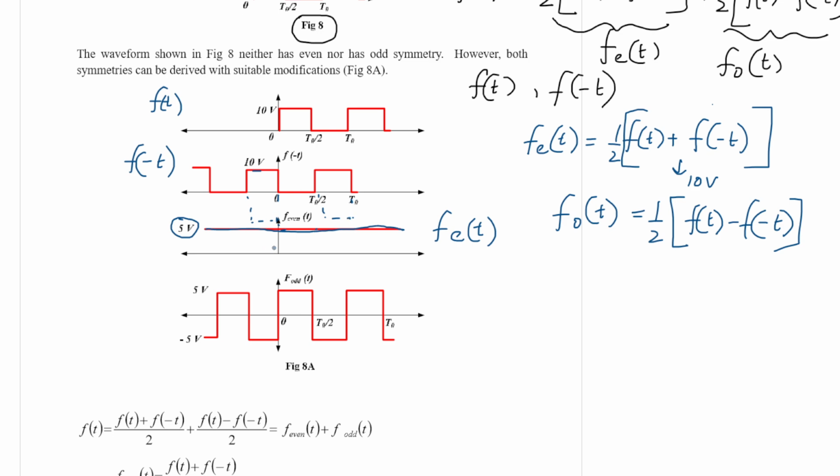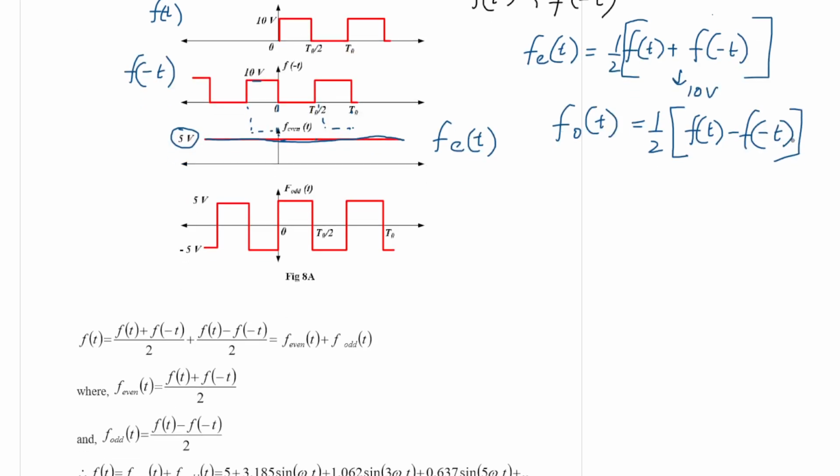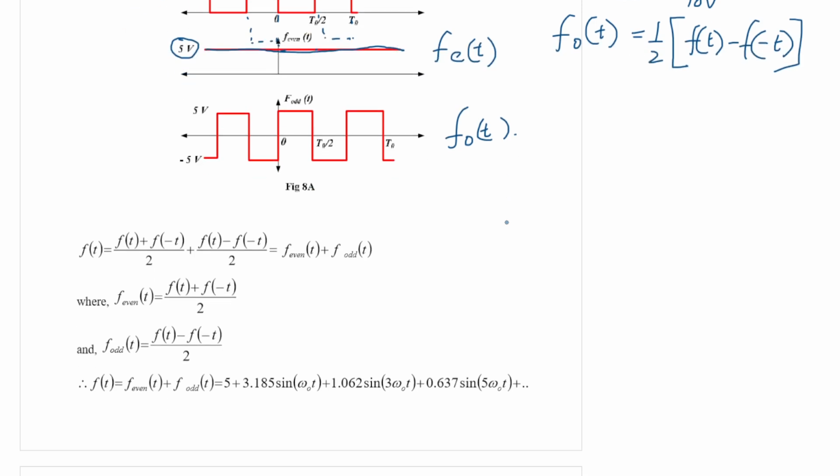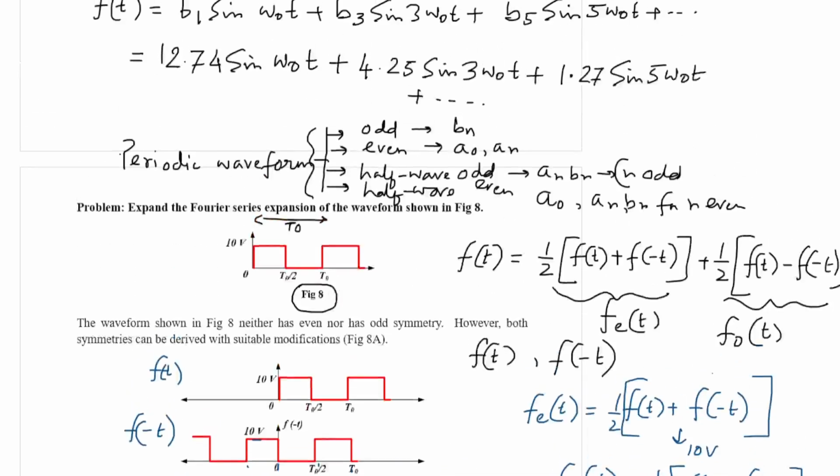So when you subtract, it will give a square wave like structure like this. So this is the odd part. Okay. So the even part is 5. That is already mentioned. Now the Fourier series expansion of this waveform is already done in the previous example,